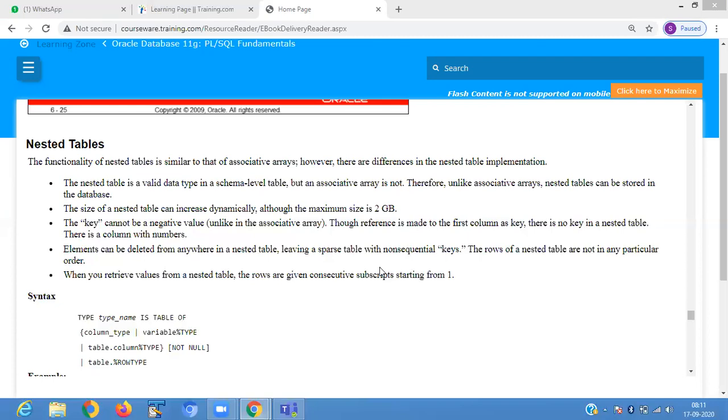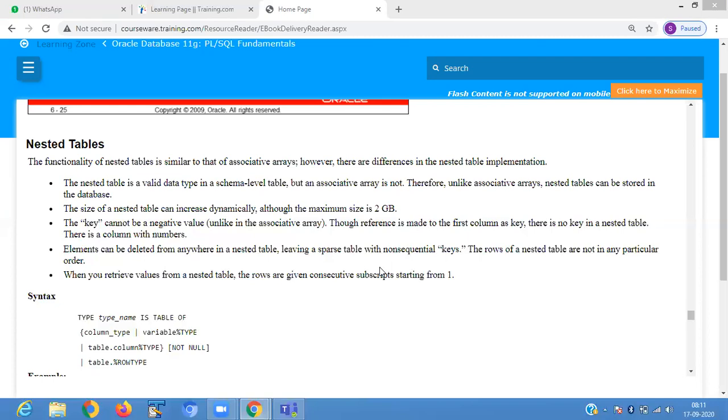The key cannot be negative. And though the reference is made through the first column as key, there is no key in a nested table. An element can be deleted from anywhere in the nested table.